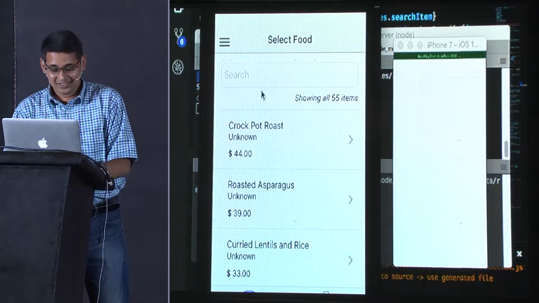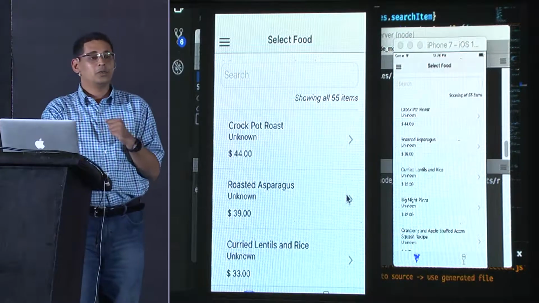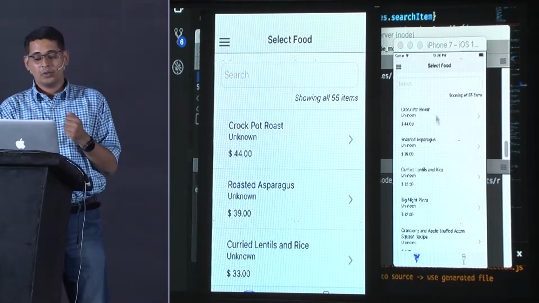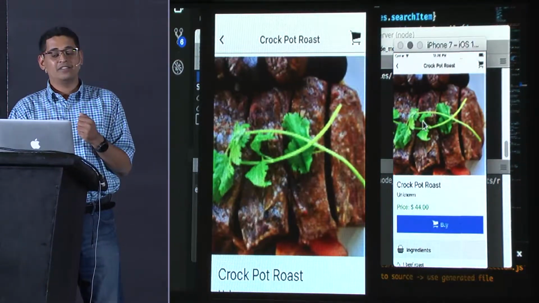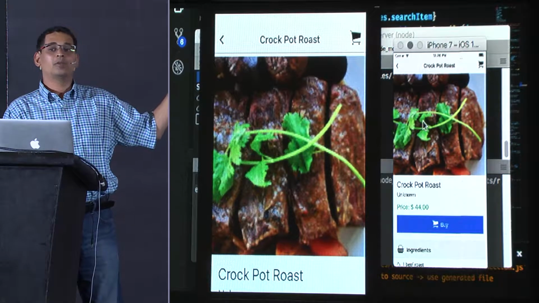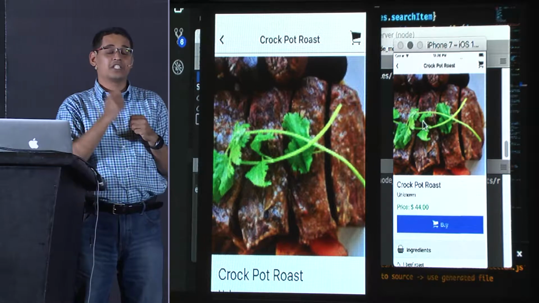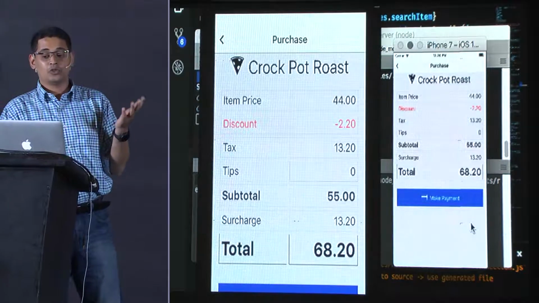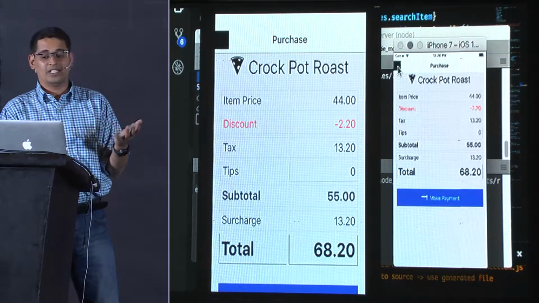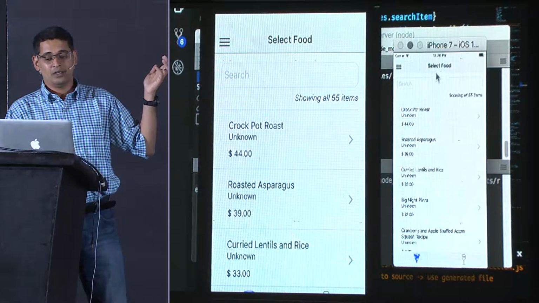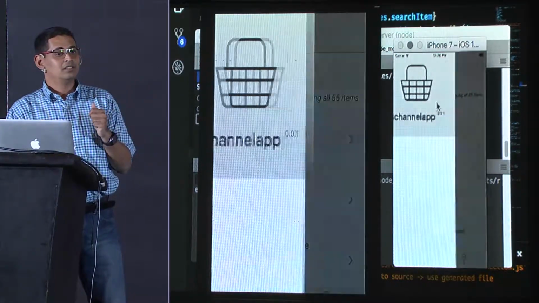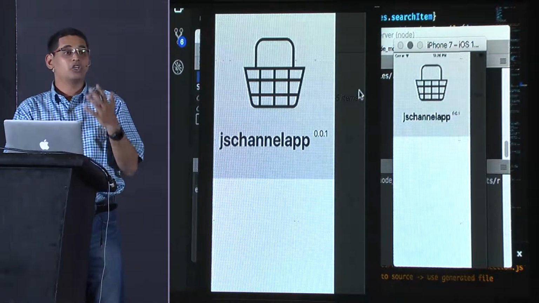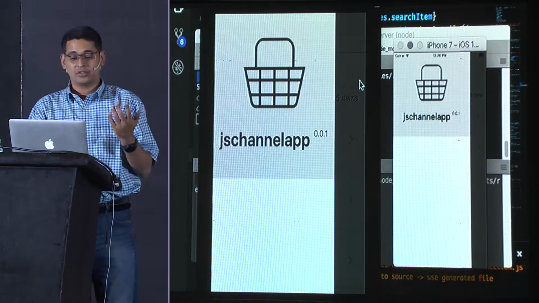Anyway, so reload. And what I can do is pick up multiple devices, and rather than having to manually test it, I can click on one device, and the other device is going to follow. We have the same concept on the web called browser sync. React and React Native are written in such a way that you can enable a browser sync kind of scenario on your devices. These devices don't even have to be connected on your local network. They can just be devices that you have in your hand. Look at this, for example. If you see my mouse, I'm only moving it on the iPhone 7, and the iPad is responding to it. And that's purely because of the way React Native's event system is written.